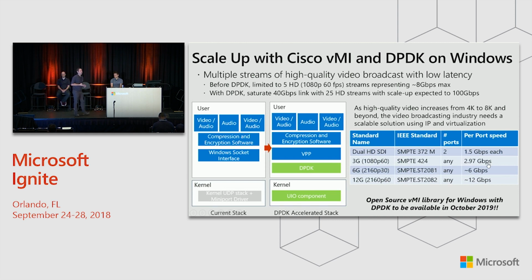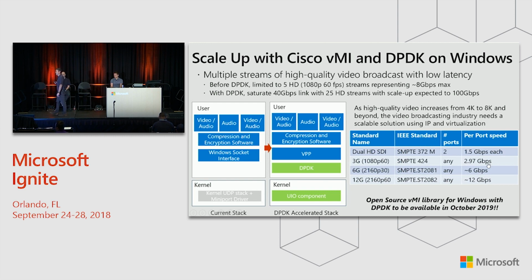And so what we've done is we've introduced something that began in the Linux community and is available in Azure, and we're bringing to on-prem called DPDK. Data Plane Development Kit is for user mode fast packet processing. Just like SR-IOV bypasses the virtualization host, DPDK bypasses the networking stack in the host. And so it gives user mode applications like video broadcasting direct access to memory regions on the NIC card itself. And so this is just super efficient, high throughput, low latency speeds that we can drive through here.